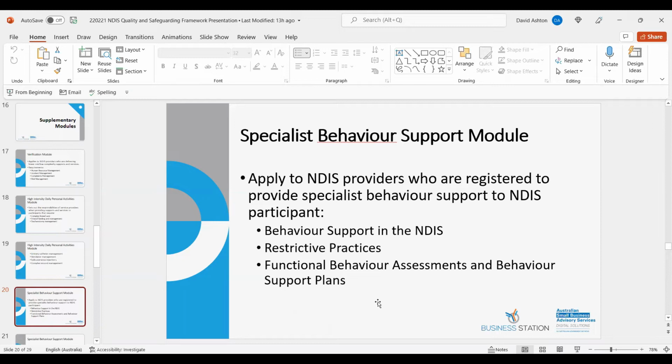in addition to knowledge and understanding of any relevant state or territory legislation or policy in relation to restrictive practices. So the outcome that is being looked at is each participant is only subject to a restrictive practice that meets any state and territory authorisation requirements and the relevant requirements and safeguards in any legislation. So you can't apply your own restrictive practices. You've got to make sure you basically comply with the law on these sorts of things.